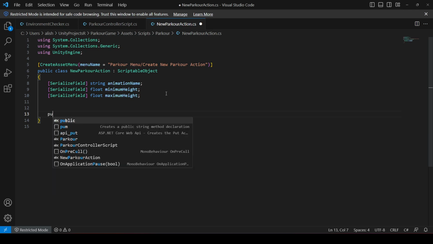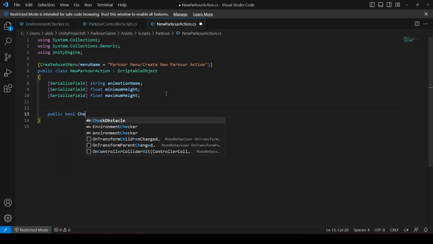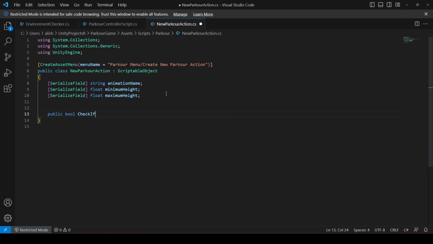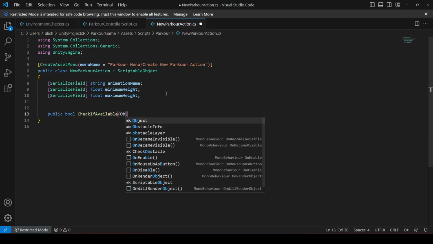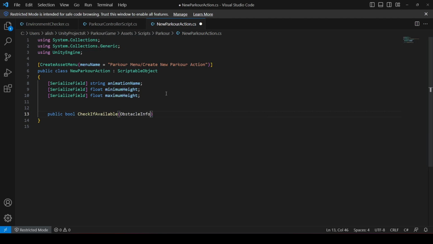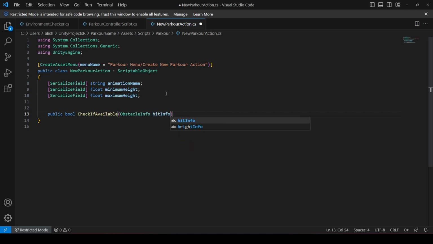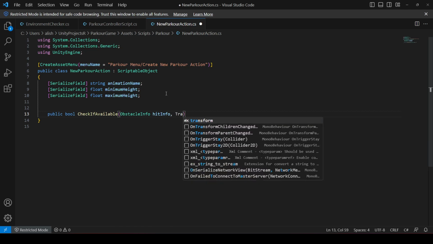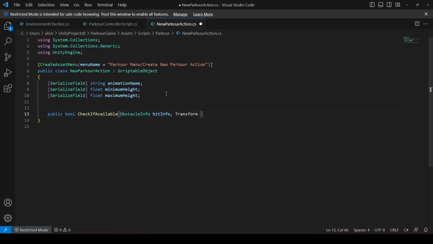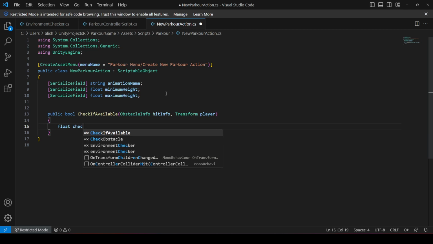Okay, so we will say public bool. Let's name this as check if available, and this method will need two parameters. So the first one will be obstacle info by the name of hit info, and then the transform of the player. So we will say transform and let's name this as player. That's it. Then add curly brackets, and in here we will create a float by the name of check height,